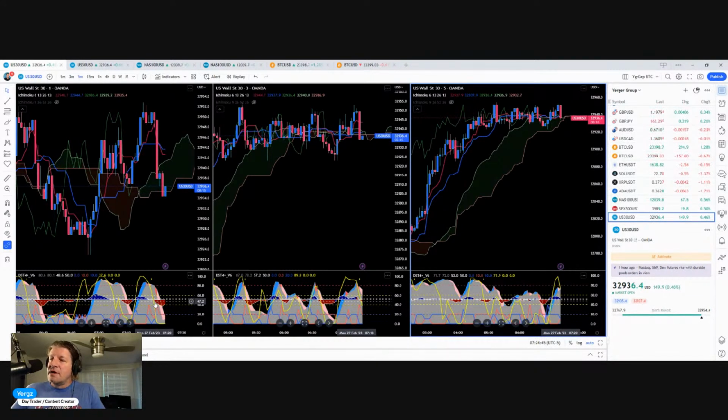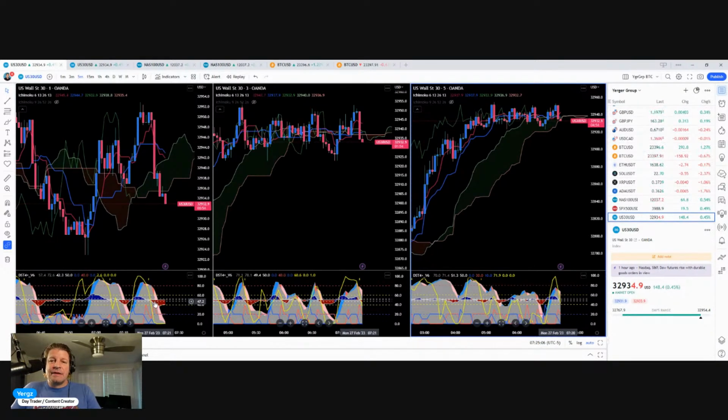internet cable. Okay, so now the 5 minute has moved into pink. The 3 minute has been, and now what we would do is enter on the 1 minute, which is already coming down. If you look at the yellow line, it's looking like it's going to transition from a sell into a buy. So on Dr. Mike's, we would wait. What I've been seeing is that we're still getting a